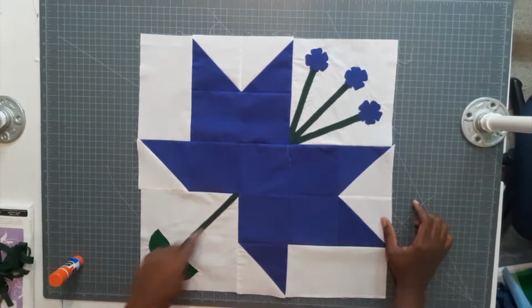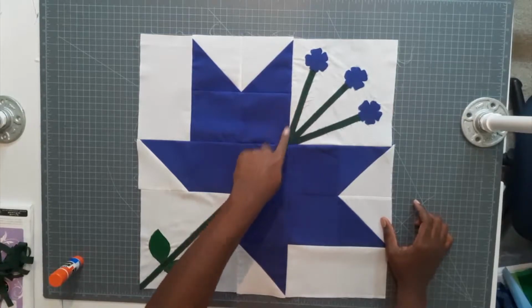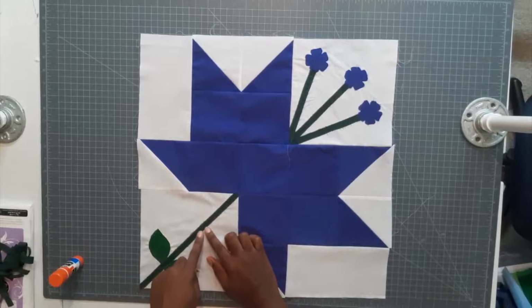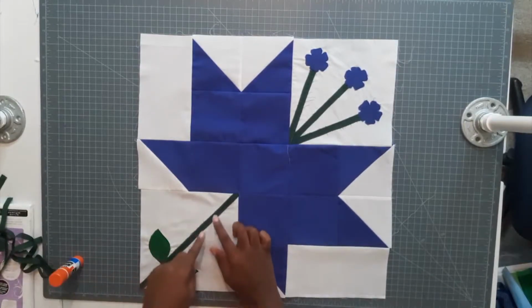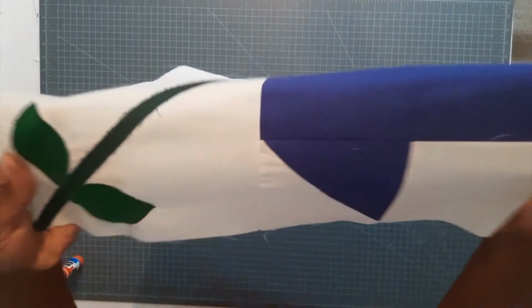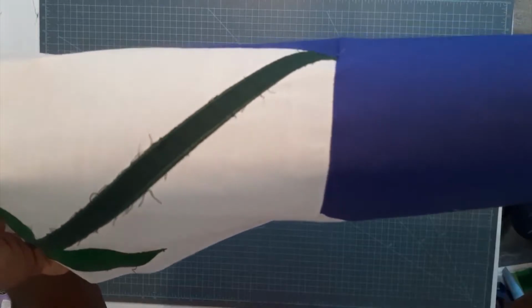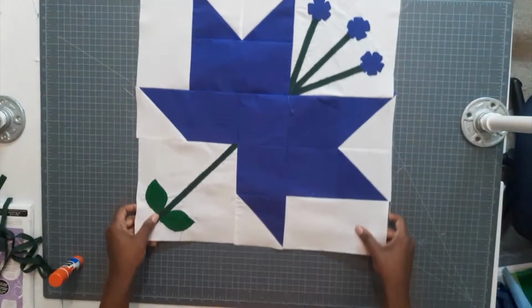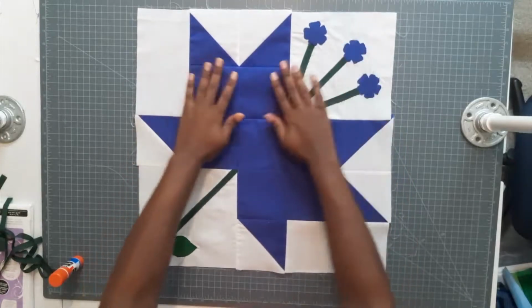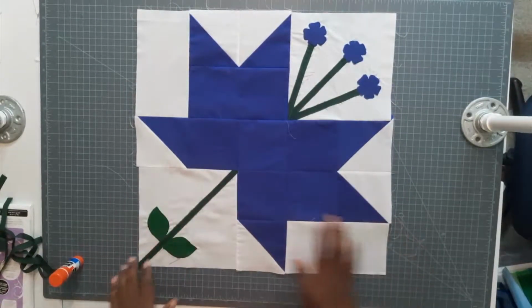Also, for the stems, I didn't use heat and bond, but the fabric that I was using for the stem frays a lot. Let's see if you can see it. So on my next block, I'm going to fold the fabric like how I do my binding and glue it